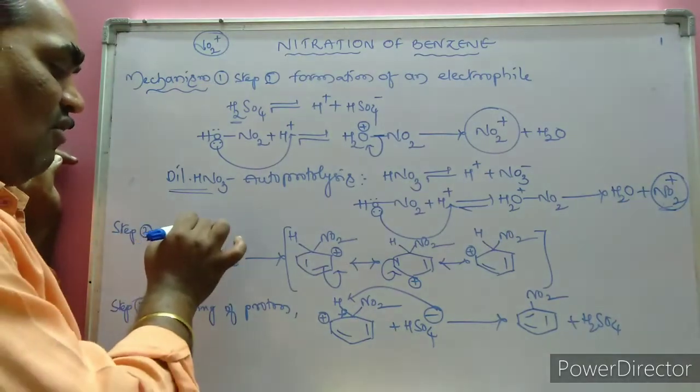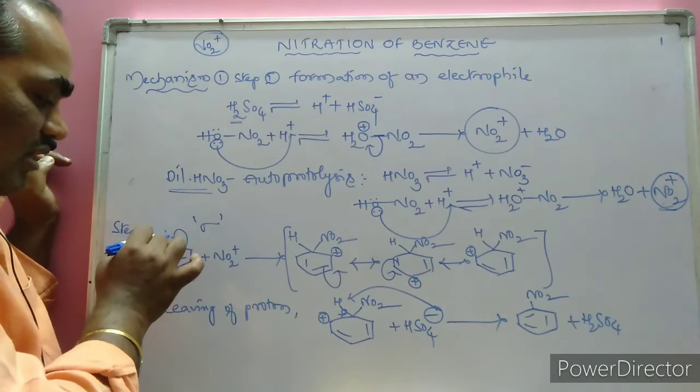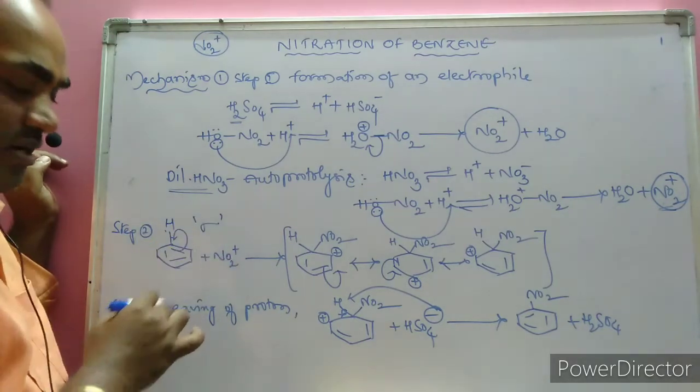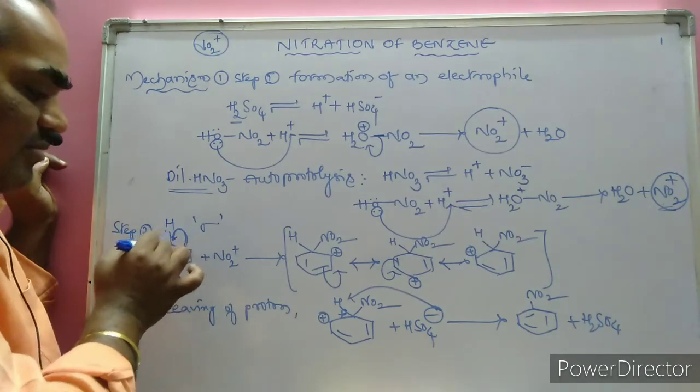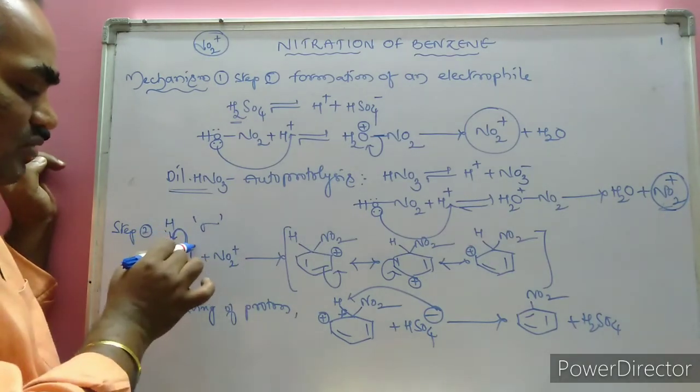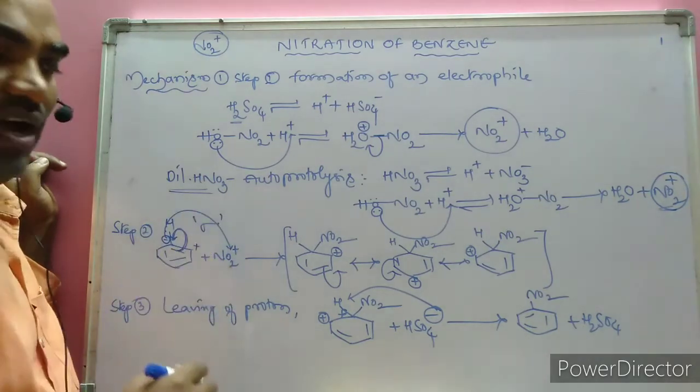The second step is the formation of the sigma complex. Here is the benzene, with all the carbon-hydrogen bonds. In the presence of the nitronium ion, let us imagine these electrons are polarized toward this side, so it gets a negative charge and this side gets a positive charge. The negative charge attracts this electrophile.